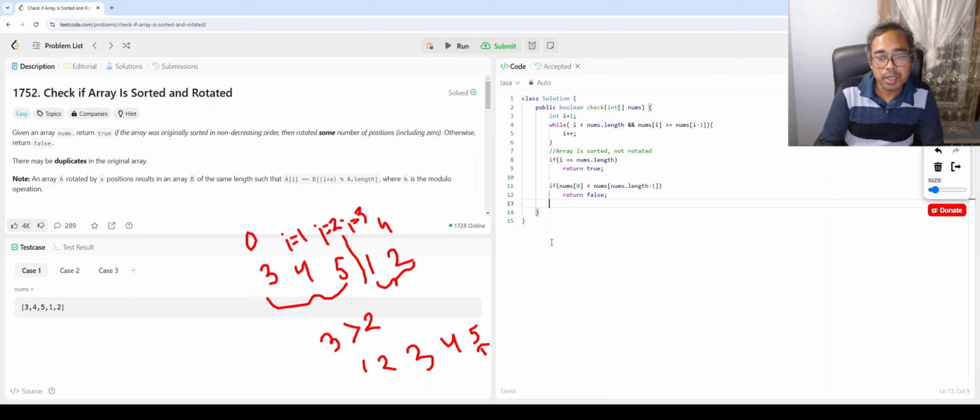Otherwise, we have the rotation, and we say integer j equals I. I is our rotation index. Now, for this part we need to check that it is in increasing, or non-decreasing, order. So while j plus 1 is less than nums.length,